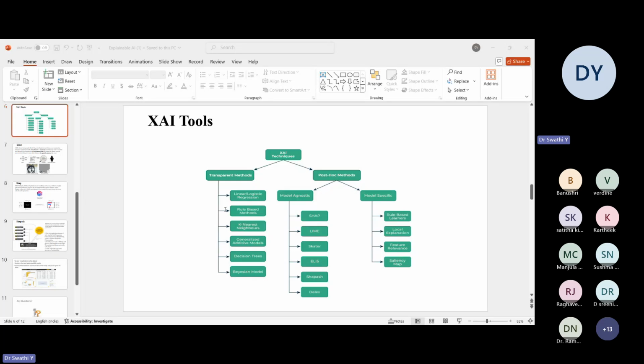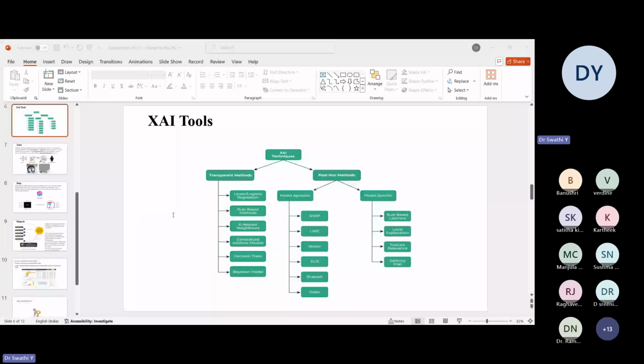The number of estimators I have given is 100, and the maximum number of features is 2. Then I train my model using X train and Y train, and make predictions on the testing data. Now the classification report is generated. This is what we do normally in all machine learning algorithms.